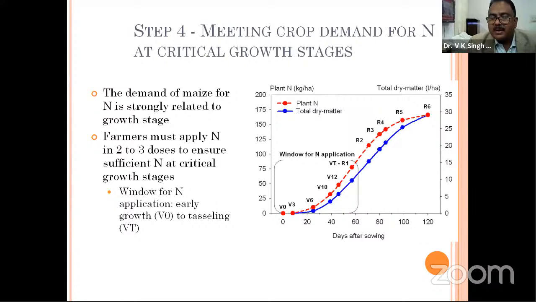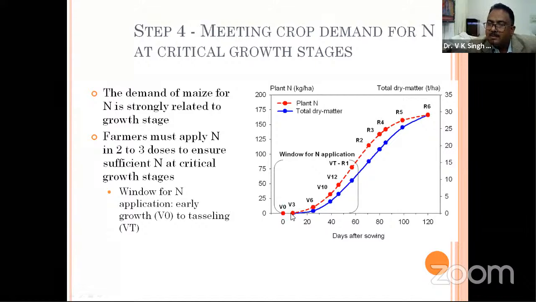Is your crop able to take nutrient by that time, especially nitrogen? Because we know that within 76 hours, whatever nitrogen we are putting gets mineralized. And once you put water, or any rain occurs or moisture is sufficiently available, that will leach from the system. So at V0, there is no need of nutrient. At V3, we find in case of maize, up to the 3-leaf stage, if you don't apply nitrogen, it is not going to affect your productivity.